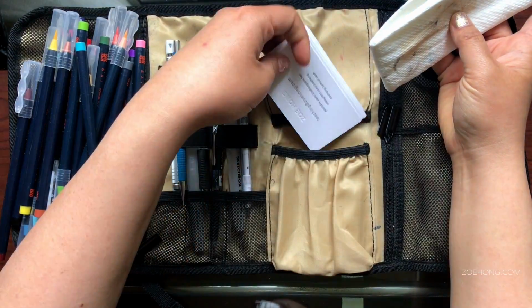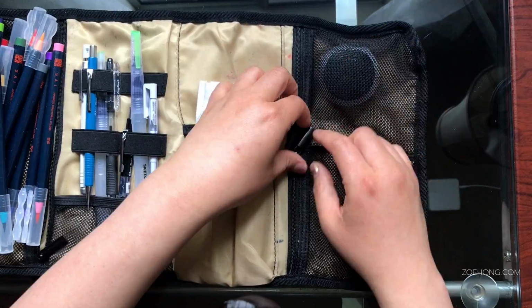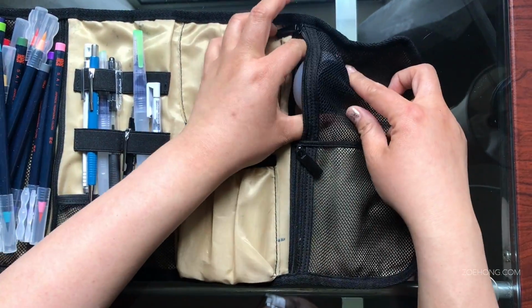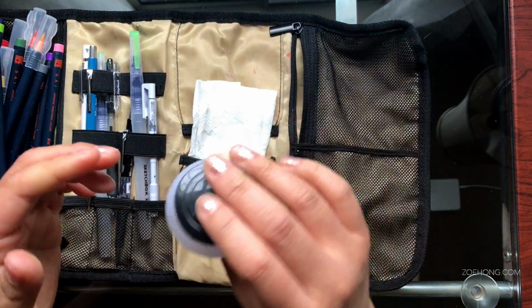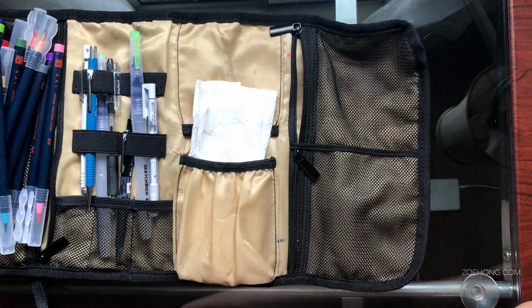What do I have in here? Oh, business cards. I always have business cards. And then this thing, if you watch my Japan haul from last year, is a little thing of water. And it has a clip. Oh my god, I love this thing, right? So